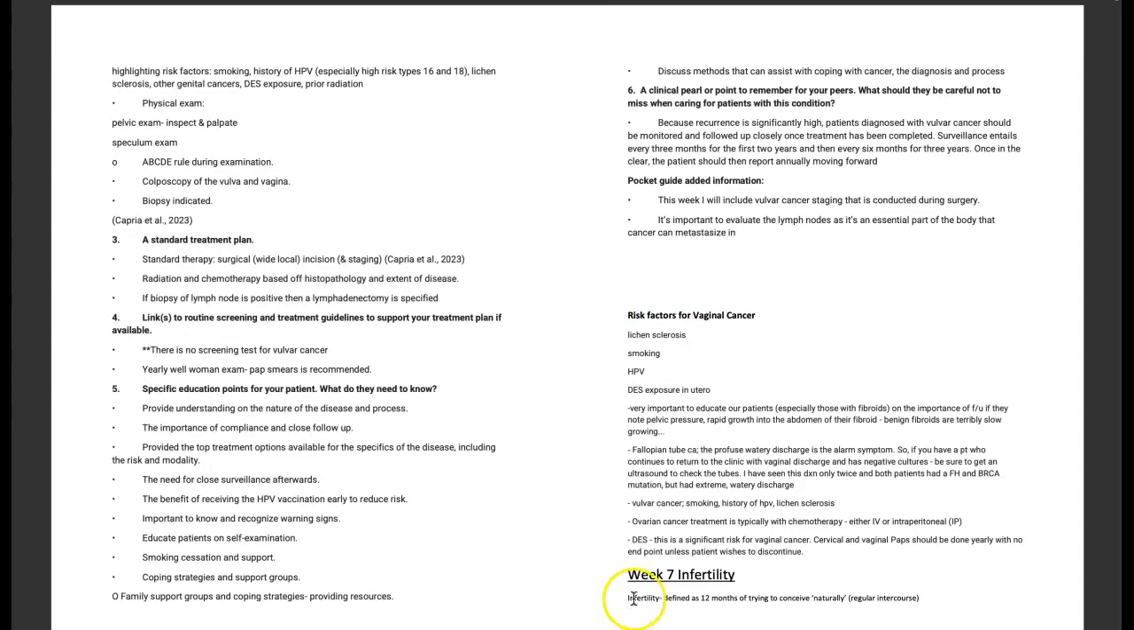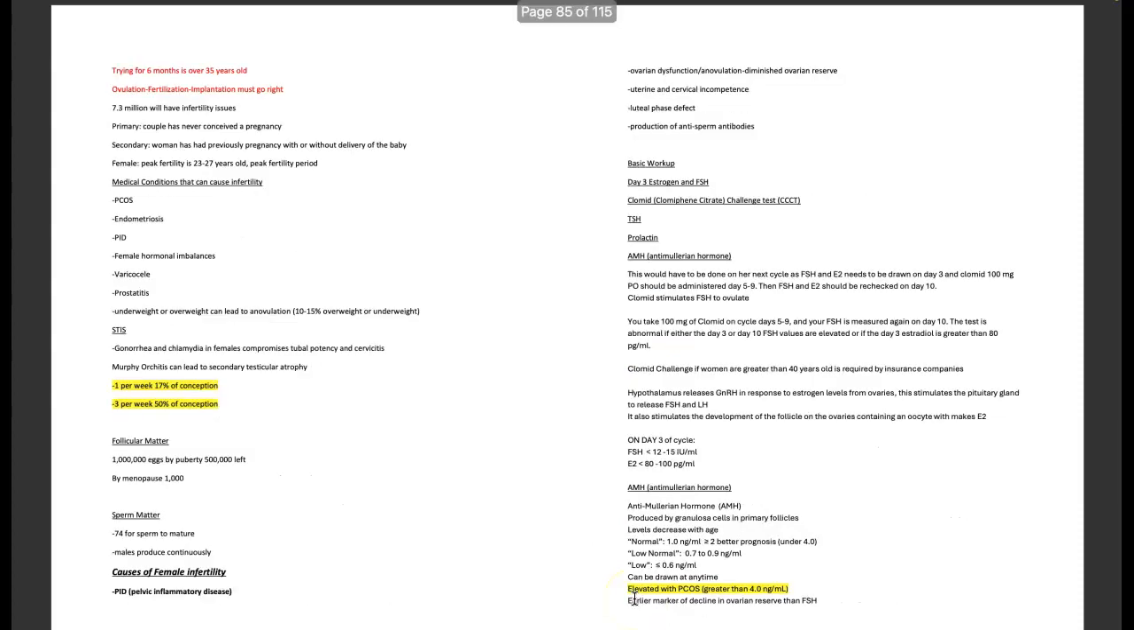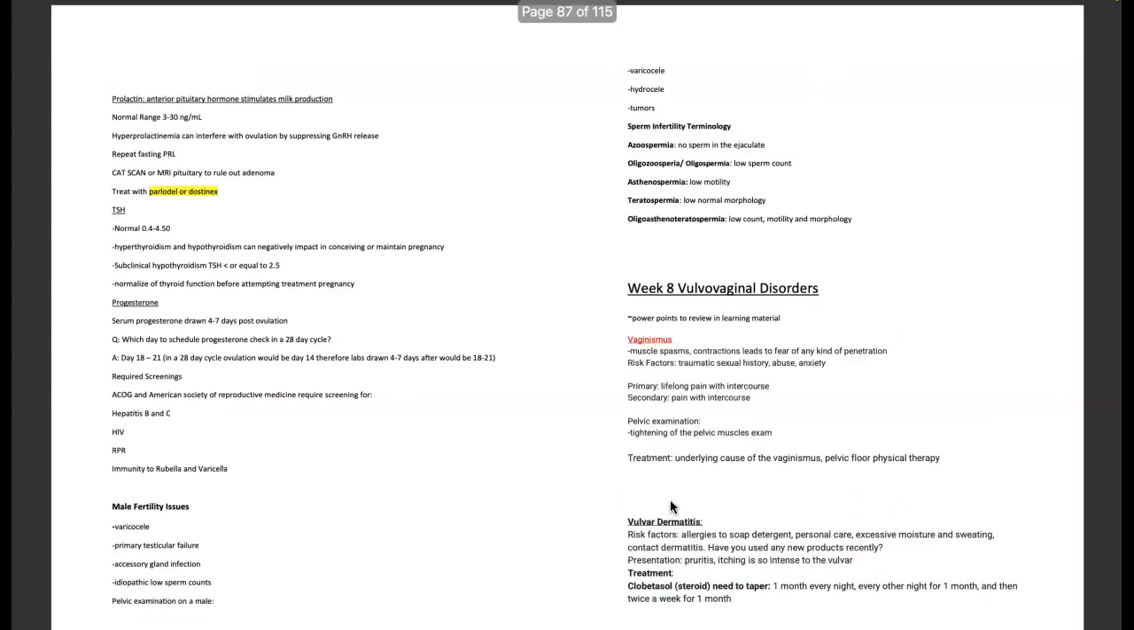And then I moved on to the bottom here, week 7, which was infertility. And I explained about infertility, the causes of female infertility, and the different labs associated that we were going to need to draw in practice to assess somebody's egg reserve, and different labs that we would draw here as well to assess somebody's fertility, and then male infertility issues I included as well. And then I went on to week 8, which was vulvovaginal disorders, and vaginismus,